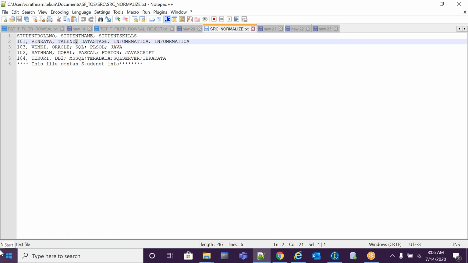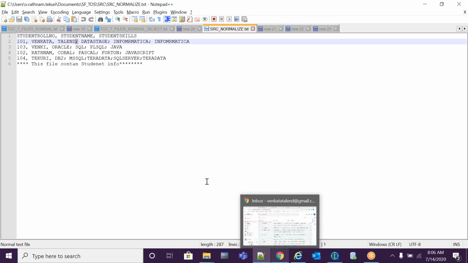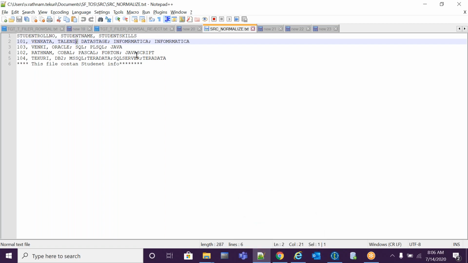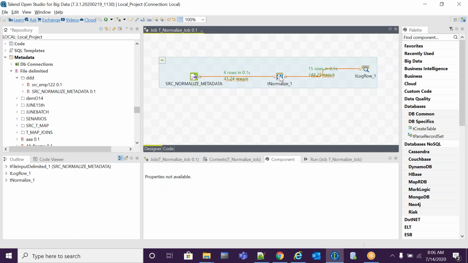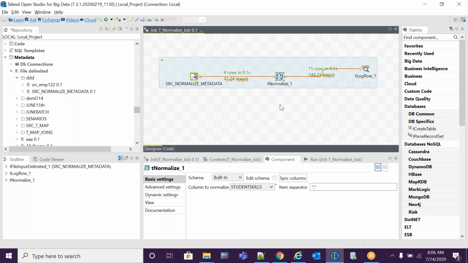Normalization is nothing but removing the duplicates, but you told... No, it will convert based on the field. It will convert to separate rows and also it will remove the duplicates. We have to select this checkbox. First normalization form is nothing but removing the duplicates.